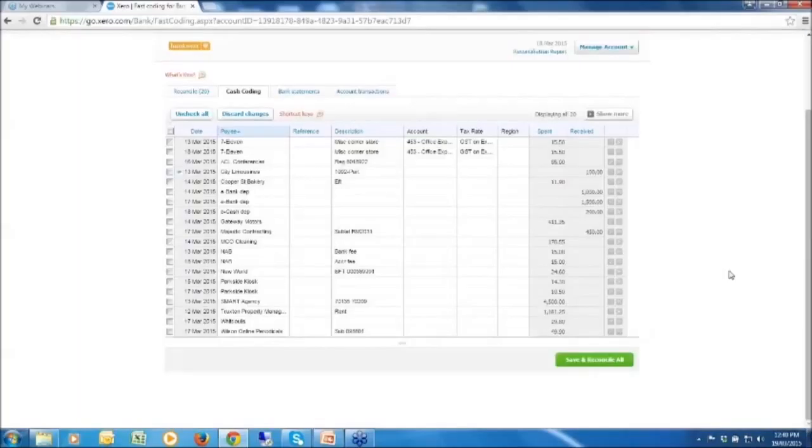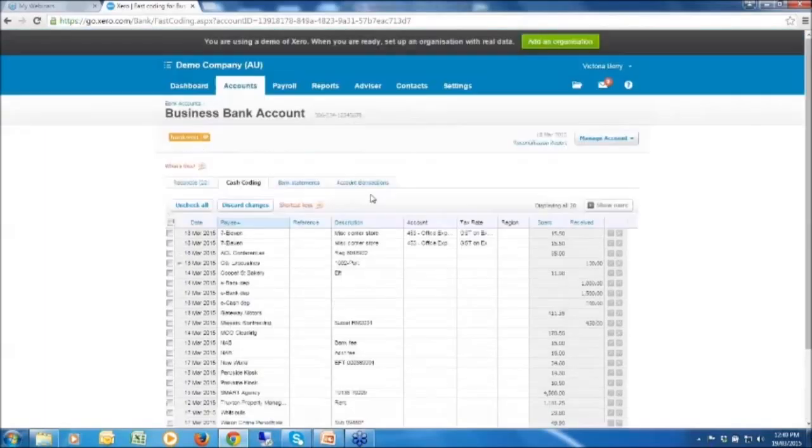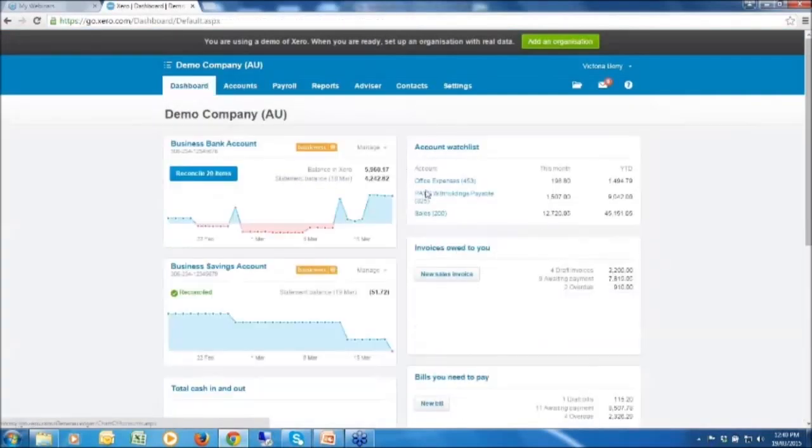The only downside to this is that if you go back to our dashboard and we're using accounts payable and accounts receivable, if you cash code it doesn't match to those bills that are sitting in there. So it's good if you're doing a catch-up. If you've got half a year's worth of work to do, then you've just put a big CSV in and are getting yourself started. Or if you're not using accounts payable and receivable, you can also use it